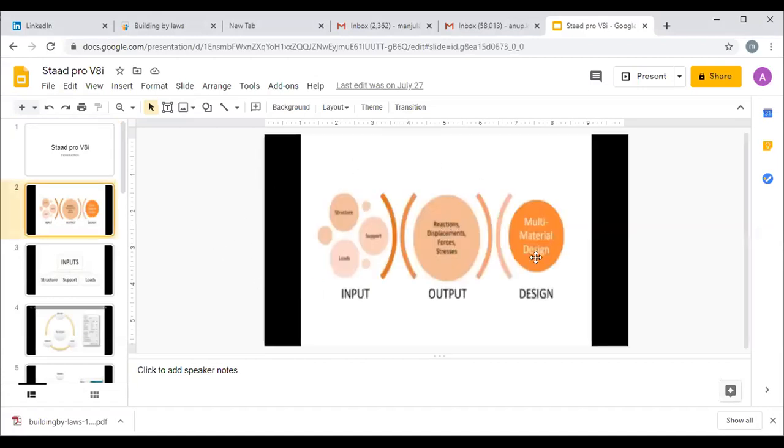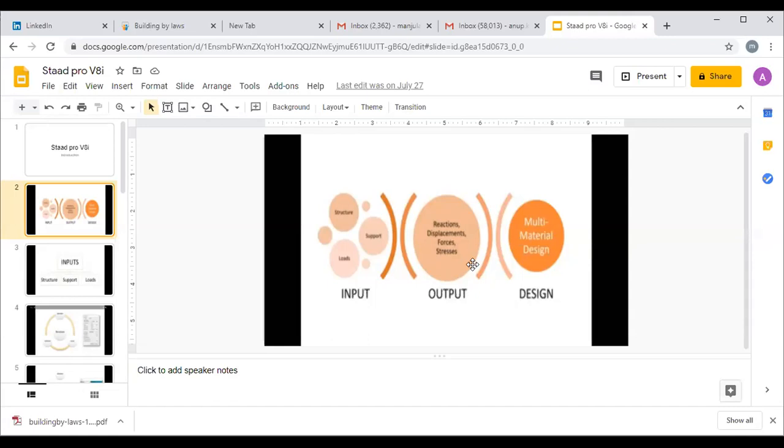Okay, so this STAAD.Pro mainly depends on rules. What are those rules? We have to give the input. After opening the software we have to give the input and the software will give the output. So in engineering we did it manually, right? For example, we take a 4x4 room, we have to place the columns. We have to calculate the dead load manually by putting the formulas. We have to use different formulas for the reactions, bending moment, or shear force diagram and bending